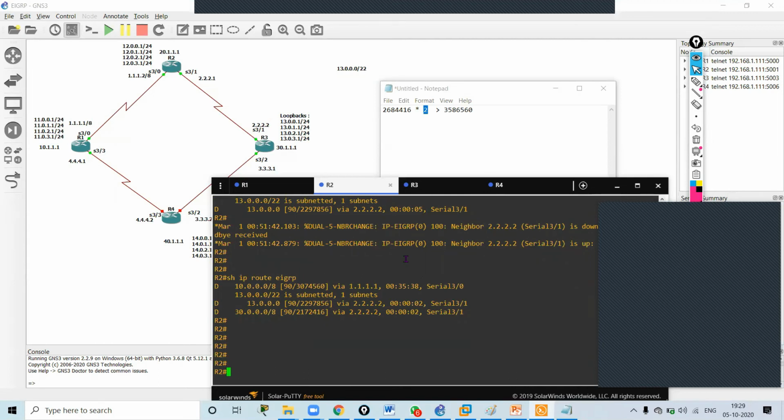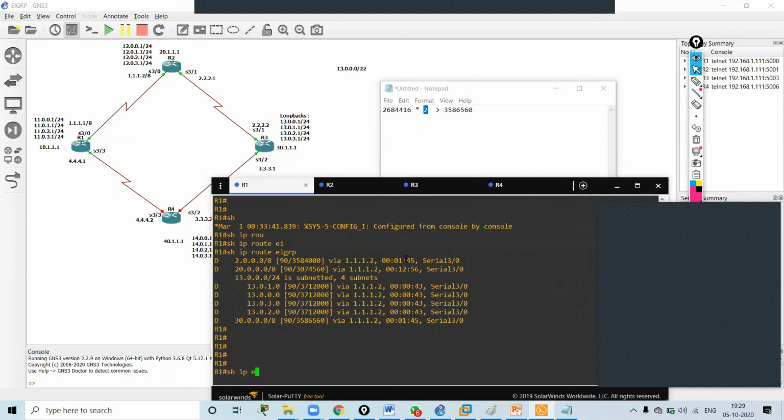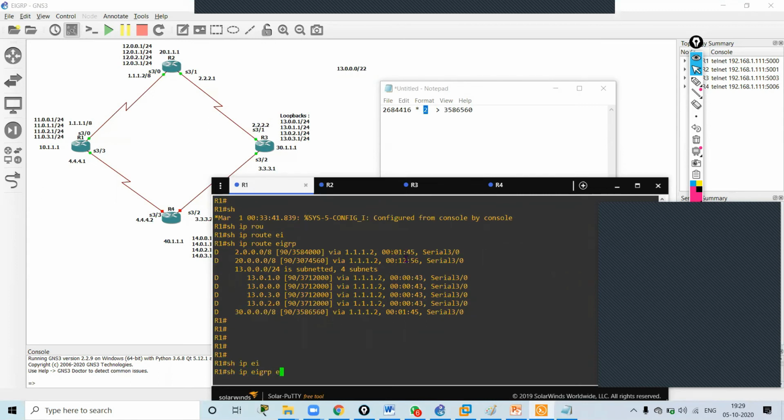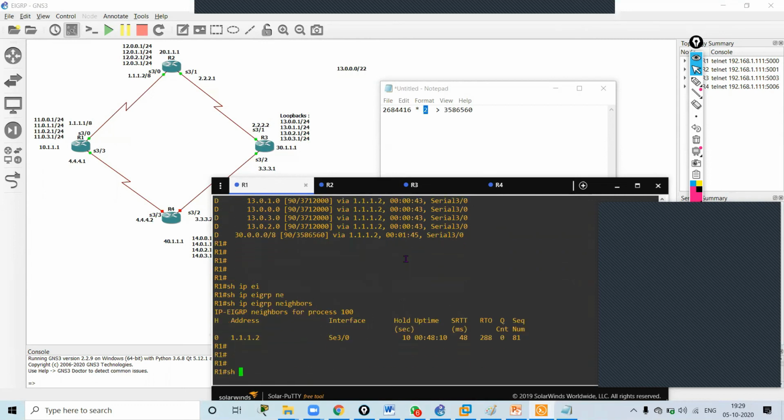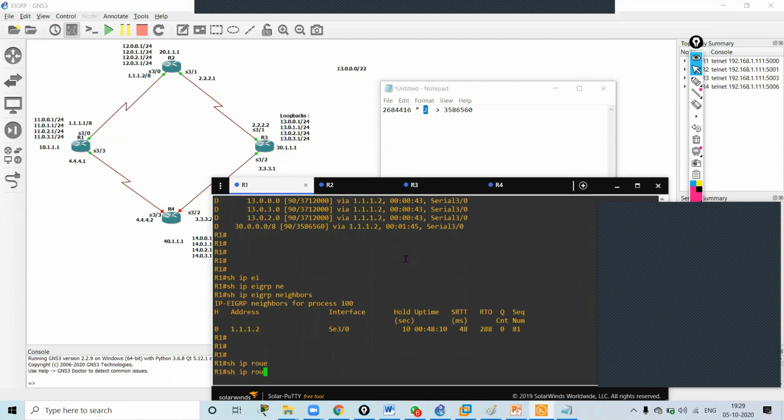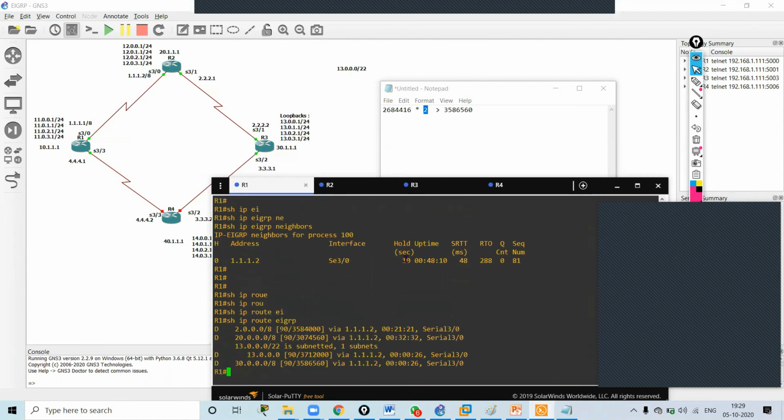I've configured EIGRP. If I see show IP EIGRP neighbors, I'll have one neighbor over here that is R2's router. Show IP route EIGRP. If I give it here, I'm having all the routes: 30 network, 2 network, 20 network, and 13 network on R1. Now, if I want to summarize the network, when doing manual summarization or auto summarization, in